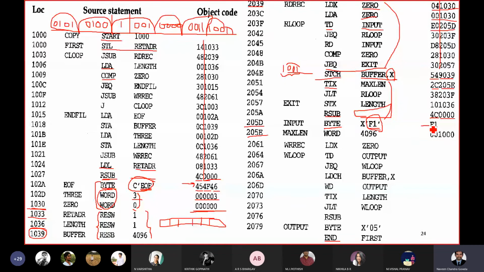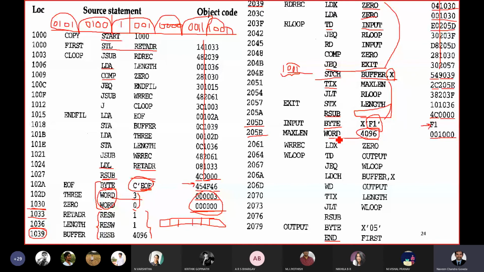When it comes to this word 4096, again, what was the object code for word 0, word 3 and 0? I told you 3 and 0 itself will be the object code. Here also 4096 is the object code, but can anyone let me know why I'm writing it as 1000 here? Hexadecimal, sir. Exactly. In the case of word, the operand itself will be the object code, but 4096 is decimal, which I have to convert to hexadecimal, which I got as 1000.